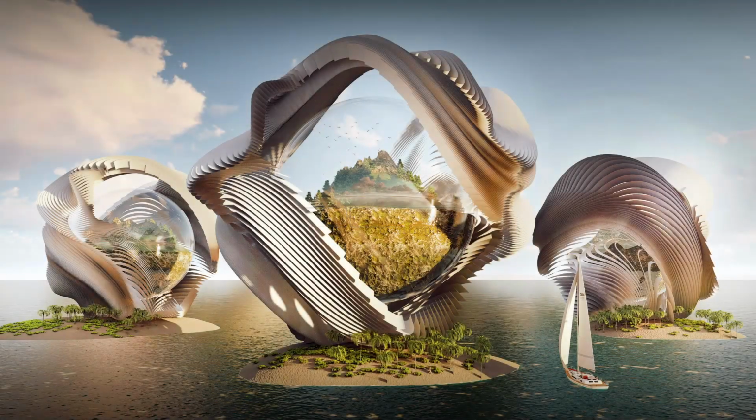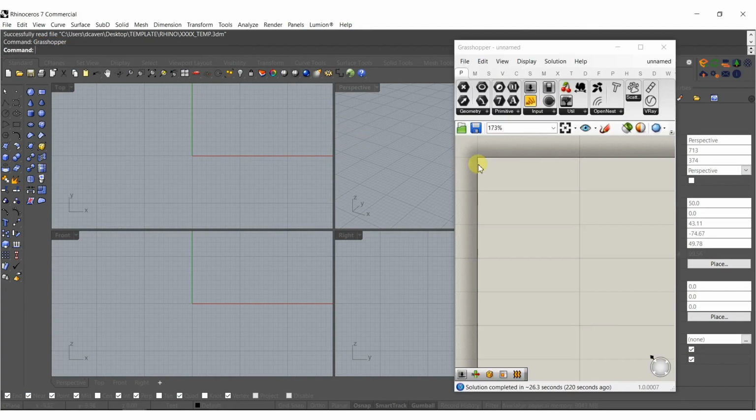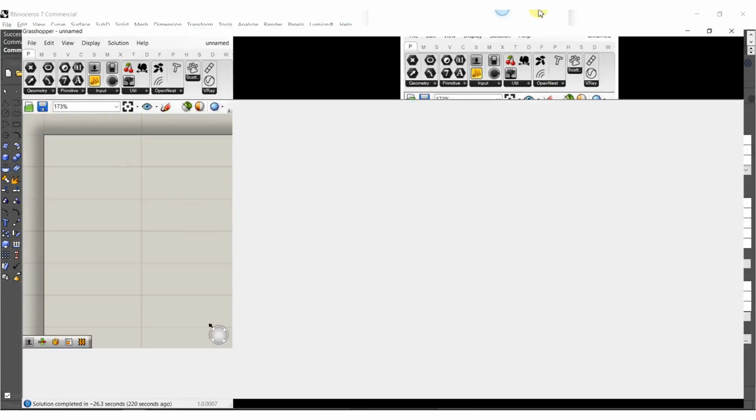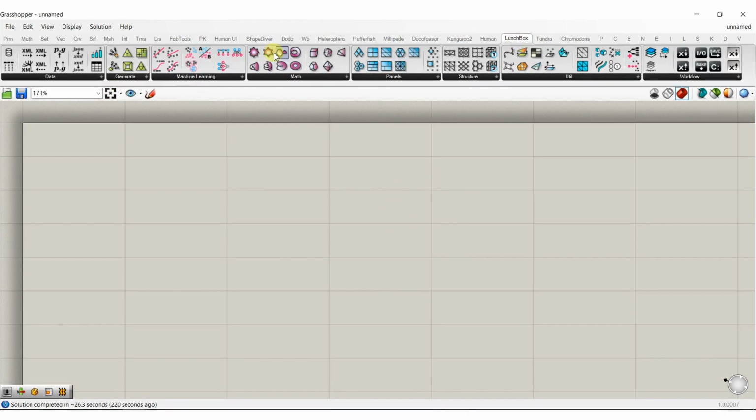Today we're just gonna mess with transforming some geometry and play around with some landscape. So let's just get started. Let's go to Grasshopper and let's do kind of an odd shape right off the bat. Let's go to our lunchbox tab. I'm gonna just use this 3D super shape,